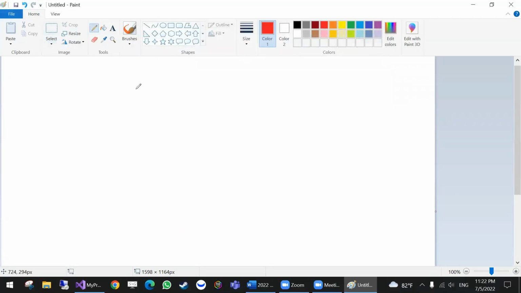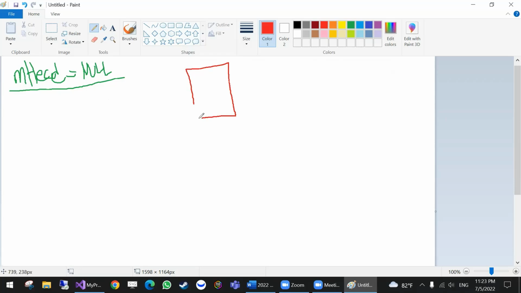When someone creates an instance of my class, mhead will be equal to nullptr. When someone calls append node, the first thing that I did is I created a node and I said, okay, this is the cargo. And next is null. Then I went ahead and checked, hey, mhead, are you equal